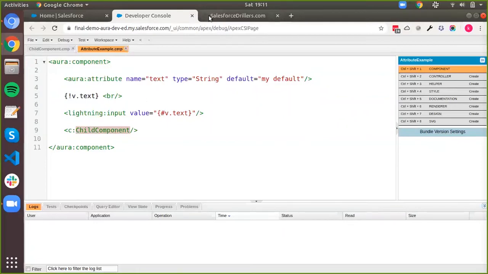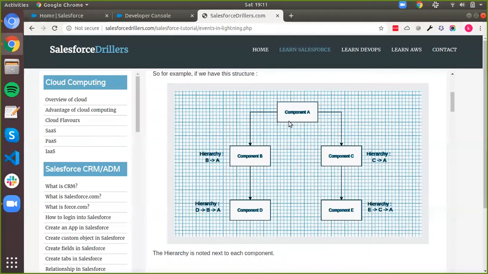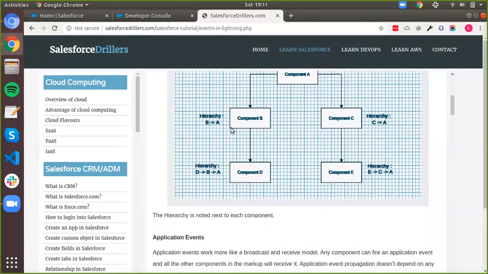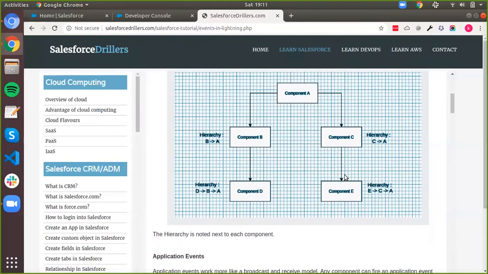So let's suppose in the same way you have a component A, then you have two child components being used in the markup of the A component, that are component B and component C. And then component B also uses one child component inside its markup called component D, and the same goes for component C, which uses component E in its markup.